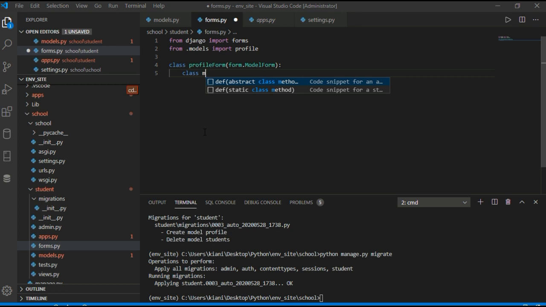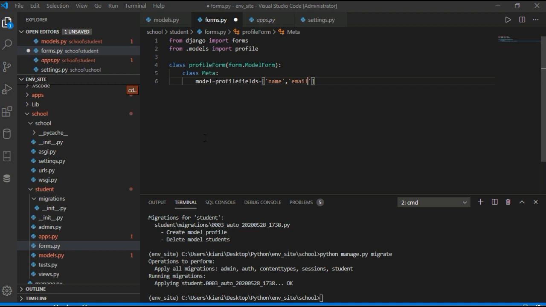We have class Meta, and here we have model is equal to Profile. And we have fields is equal to, for example, we want to see name and email.